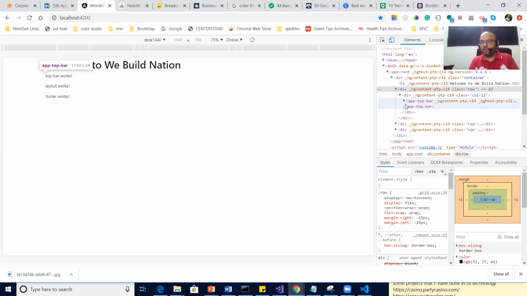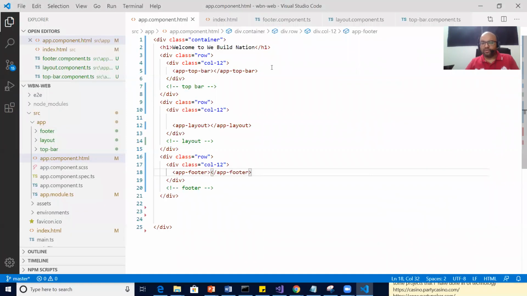Now we know we have a container. Inside container we have rows. Every row has a component. Now we can divide every row into as many columns as we want, right? For example, let's say top bar. Let's continue and see top bar.